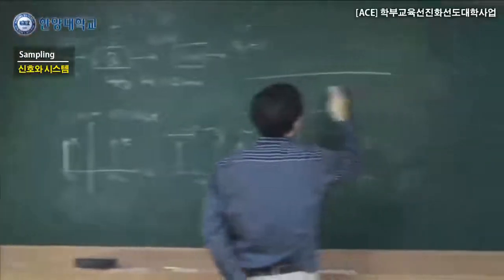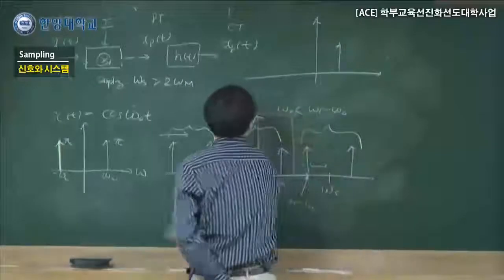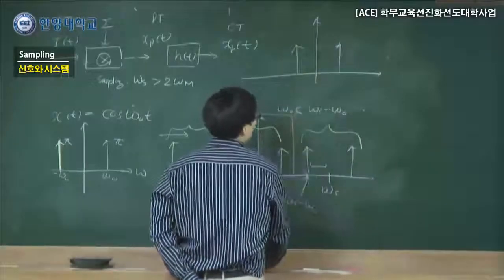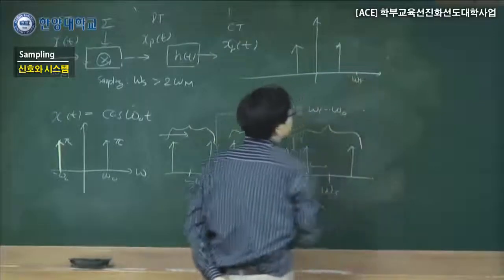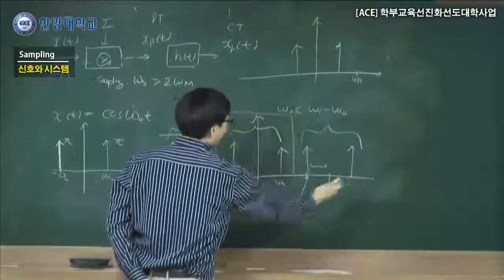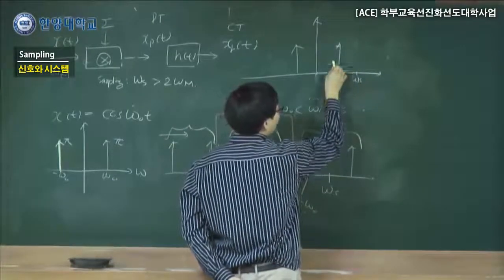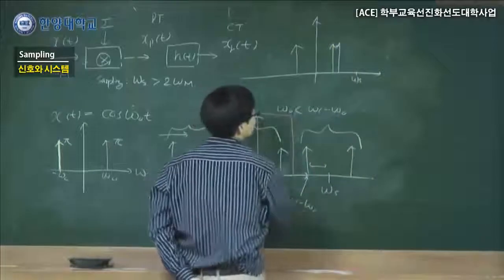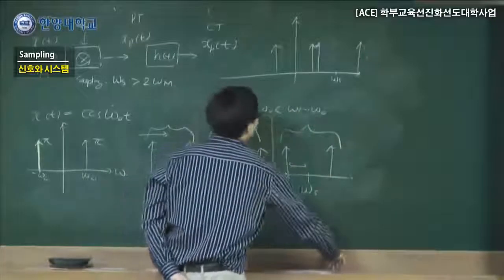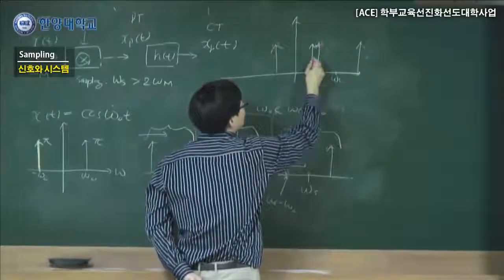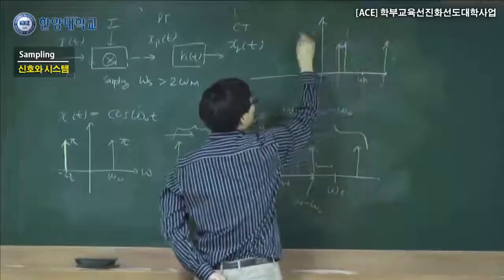When overlapping happens, we will have white on your right side and yellow on your left side. That's our basic criteria. But if this omega s is not far away, then the white that should be on the left side of this one happens to be here, and the white that should be on the right side of this one is over here. So the first set is those two, the second set is these two.